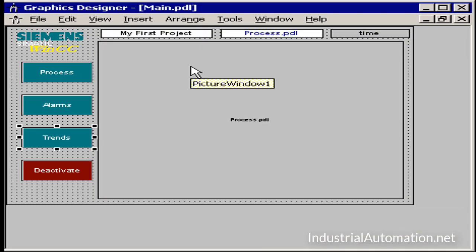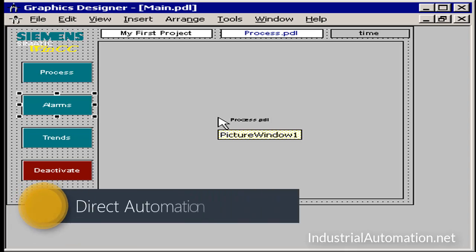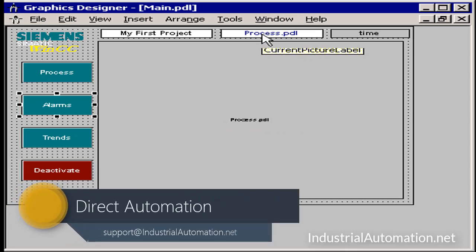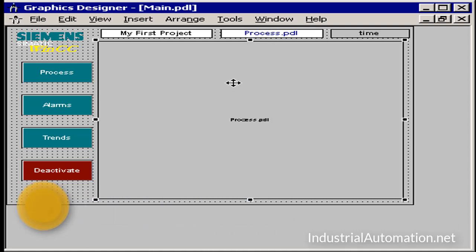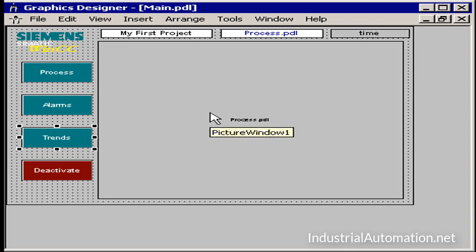Now that we have all our objects in place, the next thing that we need to do is configure Direct Connect for the buttons to change the picture that's being displayed in our viewing area. We'll also need to set up our caption label to show the name of the current image being viewed in this area. Here we have a navigation screen already laid out for us, so our next task is to set up our Direct Connects so that our navigation buttons will change the picture to the appropriate one in our viewing